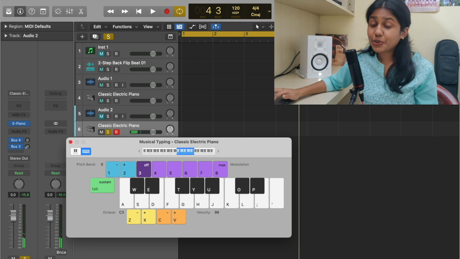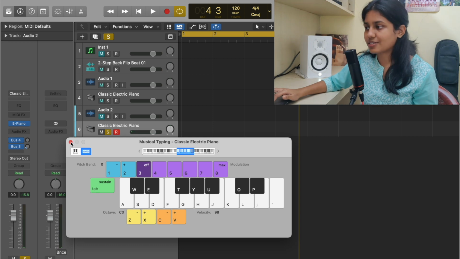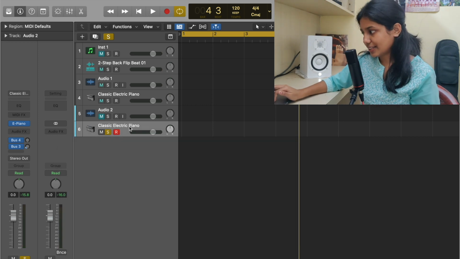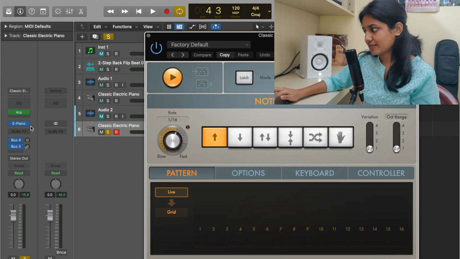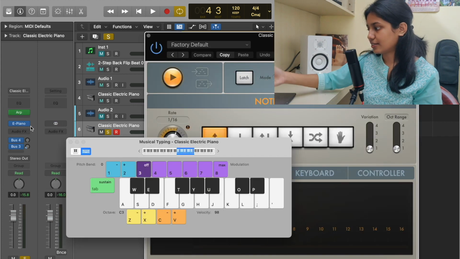But say I want something cool with it. I just don't want this monotonous sound over here. What I can do is click this track, go over to MIDI FX and choose arpeggiator. Now when I click G in the musical typing,